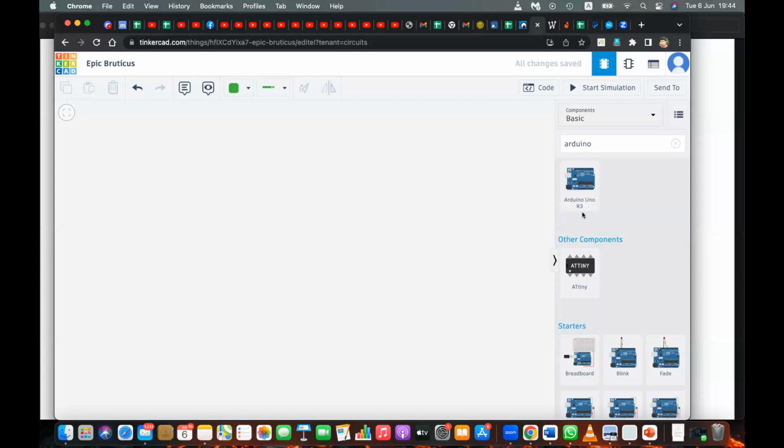Okay, take the Arduino Uno board. We also have a small robotic kit. You can purchase that as well if you want.